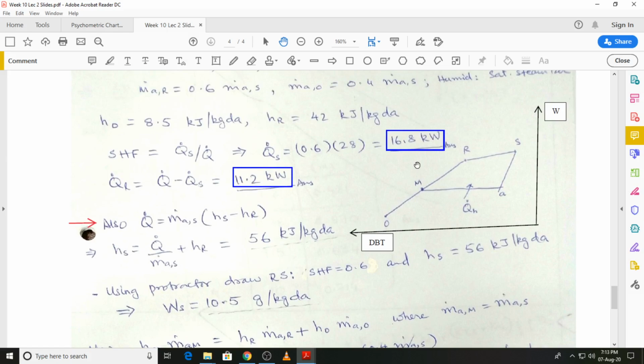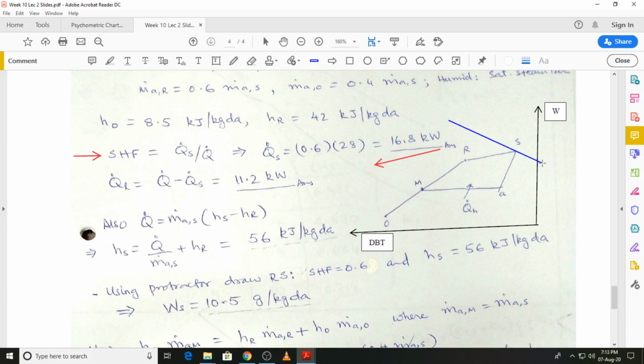Let's say we have the protractor on the psychrometric diagram somewhere over here where the cursor is, and I need to draw a process line with a slope of 0.6. So if I draw a process line of 0.6 somewhere over here, that is on the protractor,